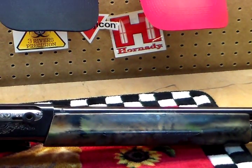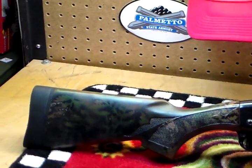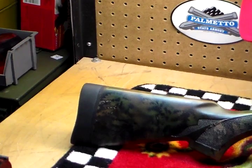Now, this paint job that I did on here, this is the original wood stock and forend. And before anybody says, oh, you messed up that nice Remington gloss forend, no, I didn't. I actually used the type of camouflage paint that can be removed with soap and water, so it can be brought back to its original look. What can't be brought back to original is the length of pull, at least not without some spacers,